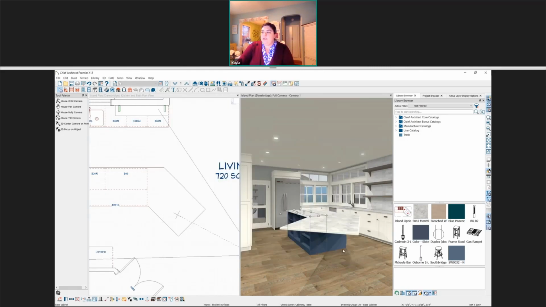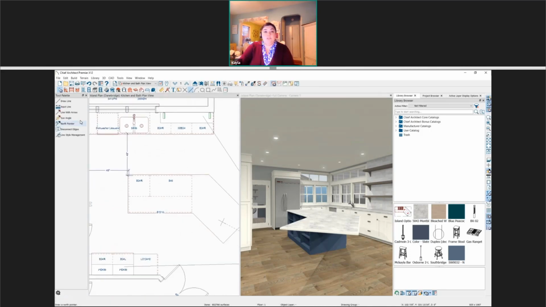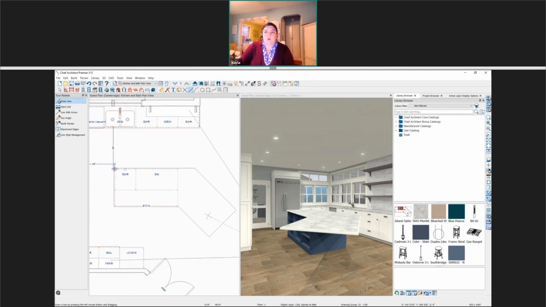However, I don't want a molding to extend around the front of the cabinets over in this section. So what I'm going to do is use a molding polyline. I'm going to draw exactly where I want these moldings to go. I'll use my line tool to draw a line right along the edge of these cabinets. Then I'll select that line. You can see it's all connected.